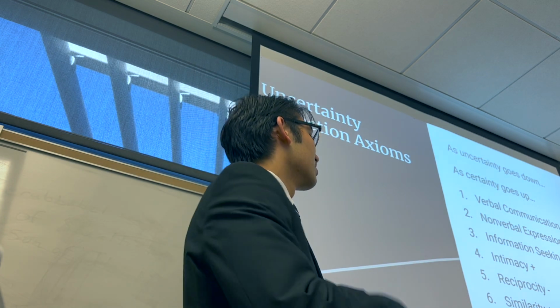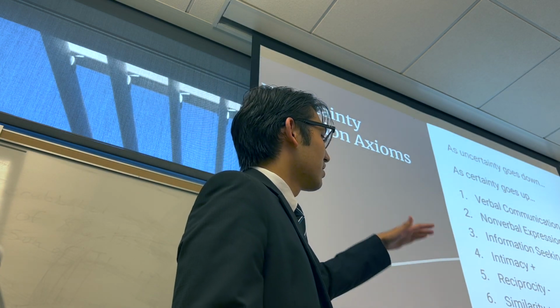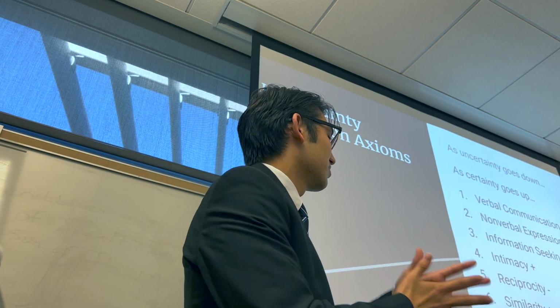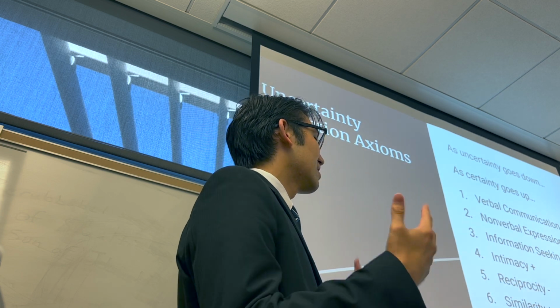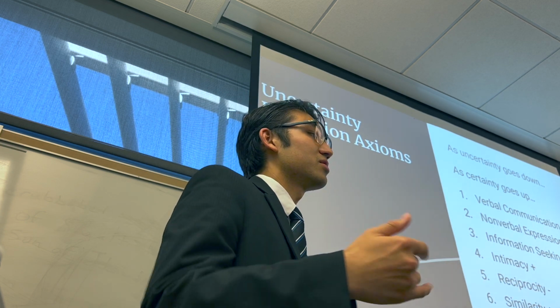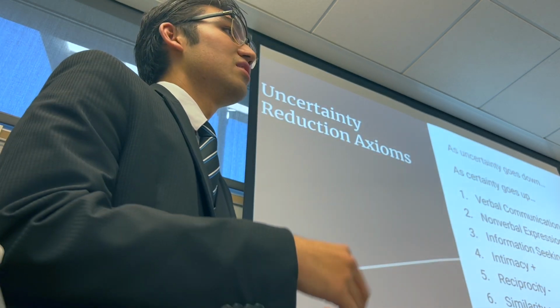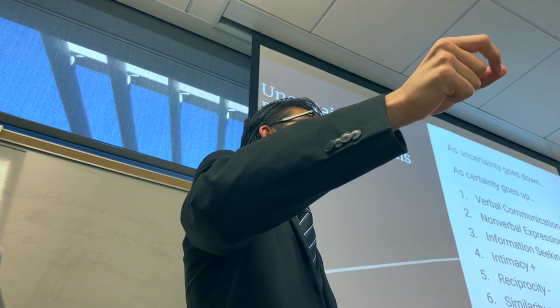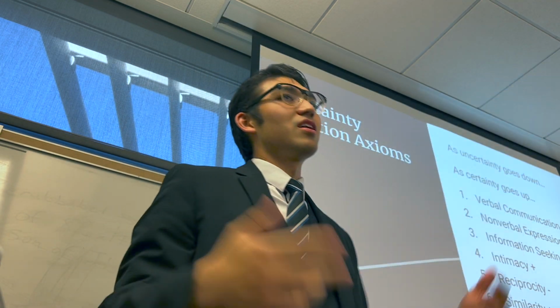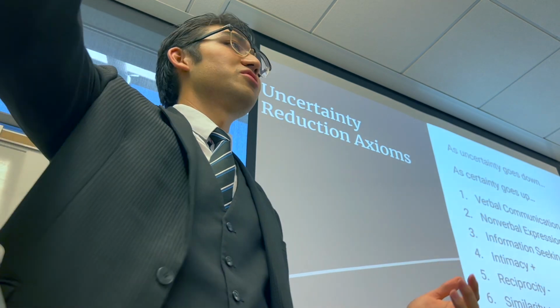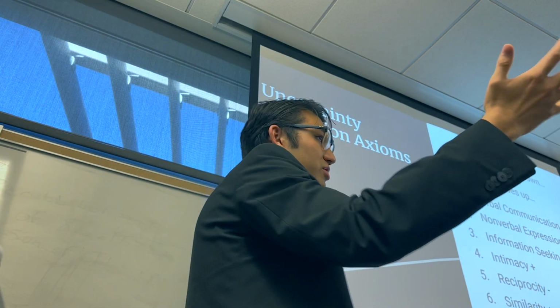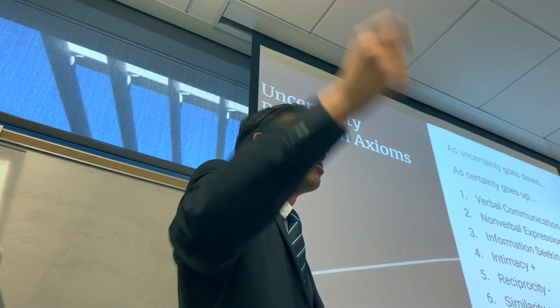So reciprocity goes down. And similarity and liking and shared networks, right? Similarity, how similar you are to the other person. Liking, how much you like the other person, and shared networks, the number of individuals you know, right? So if I'm talking to Professor Nelson, and I know Professor Schultz, I reduce more uncertainty about Professor Nelson by knowing who she's interacting with.